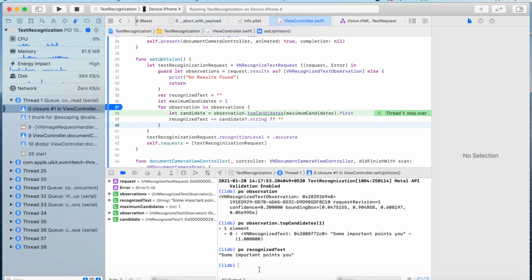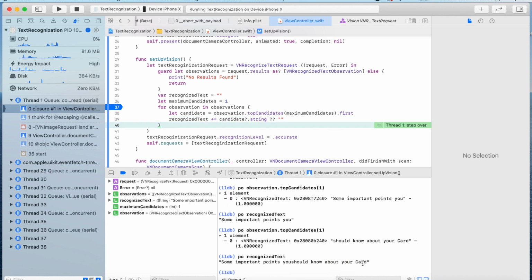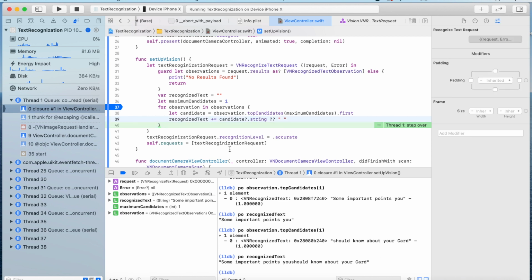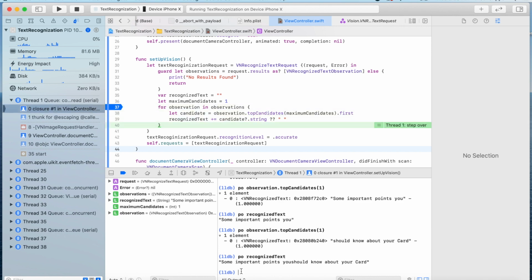Now the second observation is "should know about your car", and we are printing the recognized text. The second one got added to the first one, and like this we are iterating all the observations and we keep on adding the text to the recognized text.